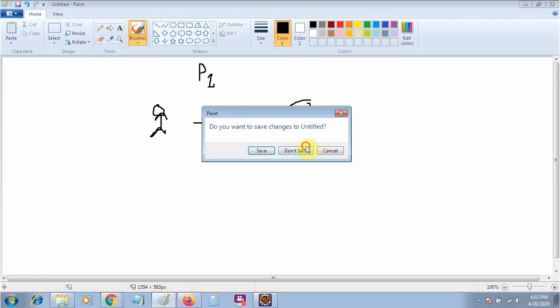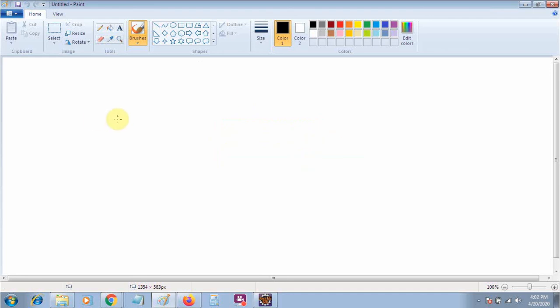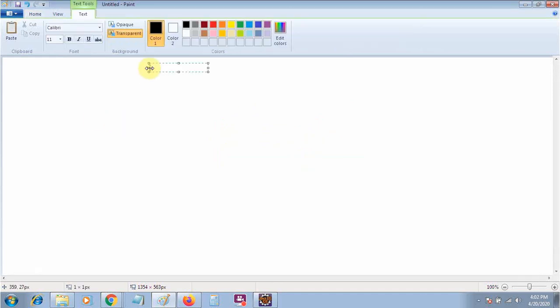So let me create a new one. Always remember there are two kinds of things. First is the error and second is the exception. So what is the error? What does it mean by the error? Basically, an error is related to the environment in which the application is running. Errors basically cannot be recovered.